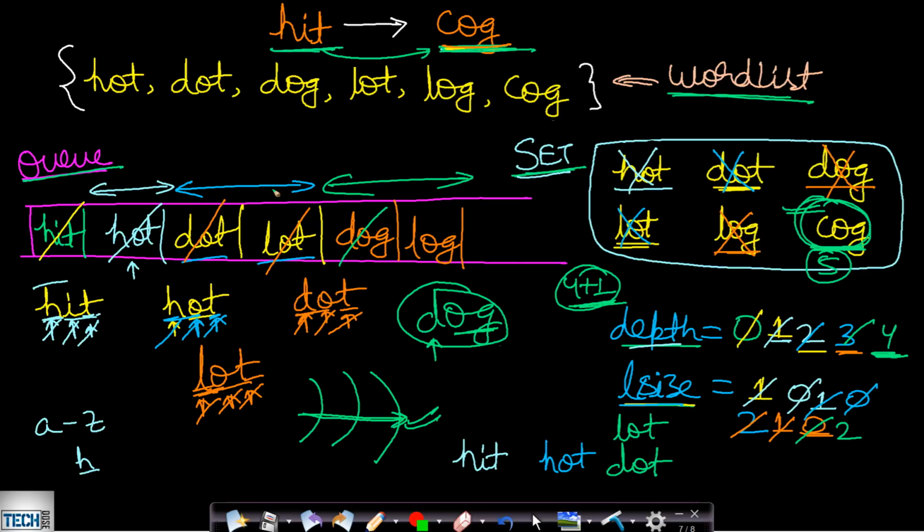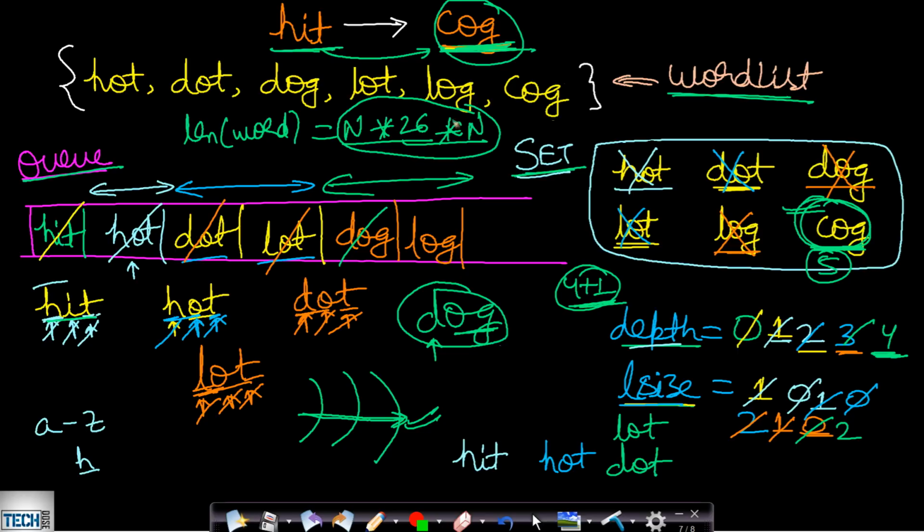Now what is the time complexity for this problem? Let us say the length of the word is n. For each letter in the word you are doing 26 transformations, that is from A to Z. So you are having 26 into n transformations. And also for each and every transformation we were also checking it with the end word. So your end word length, which is n because all the words are of the same length, will also be multiplied, because we were checking if the transformed word is equal to this end word. So your total time complexity can be 26 into n squared.